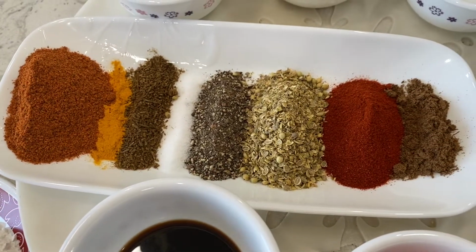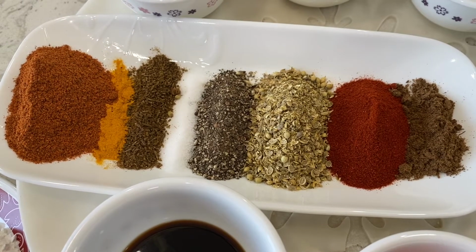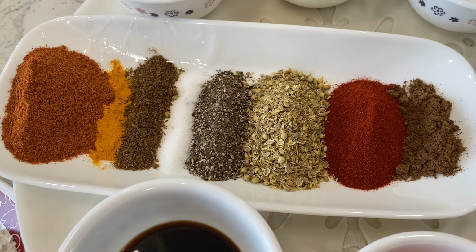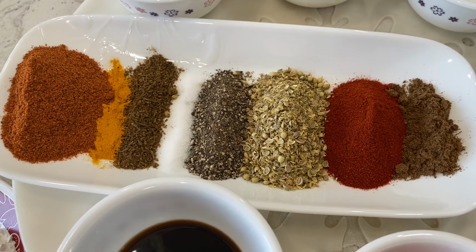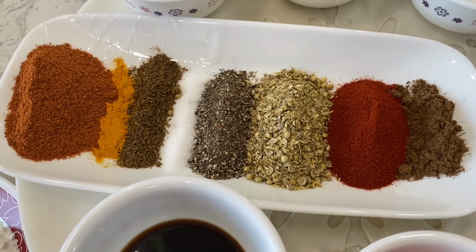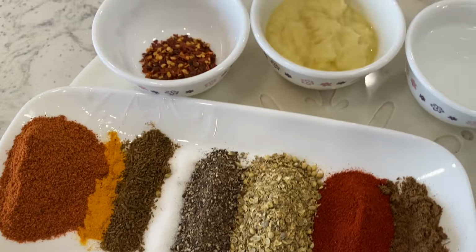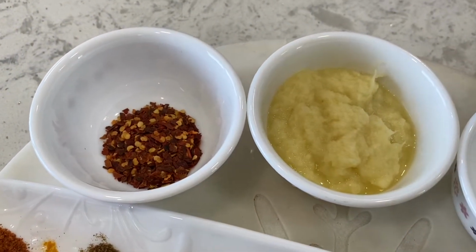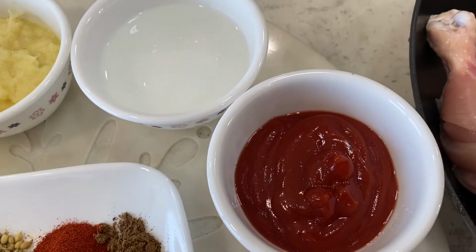The spices you will need are 3 tablespoons tikka masala, half a teaspoon of haldi, 1 teaspoon of zeera powder, salt to taste, 1 tablespoon of black pepper powder, 2 tablespoons of crushed coriander, 1.5 tablespoons of red chili powder, and 1 teaspoon of allspice powder, 1 tablespoon red chili flakes, and 4 tablespoons ginger garlic paste, 4 tablespoons vinegar, 4 tablespoons ketchup,